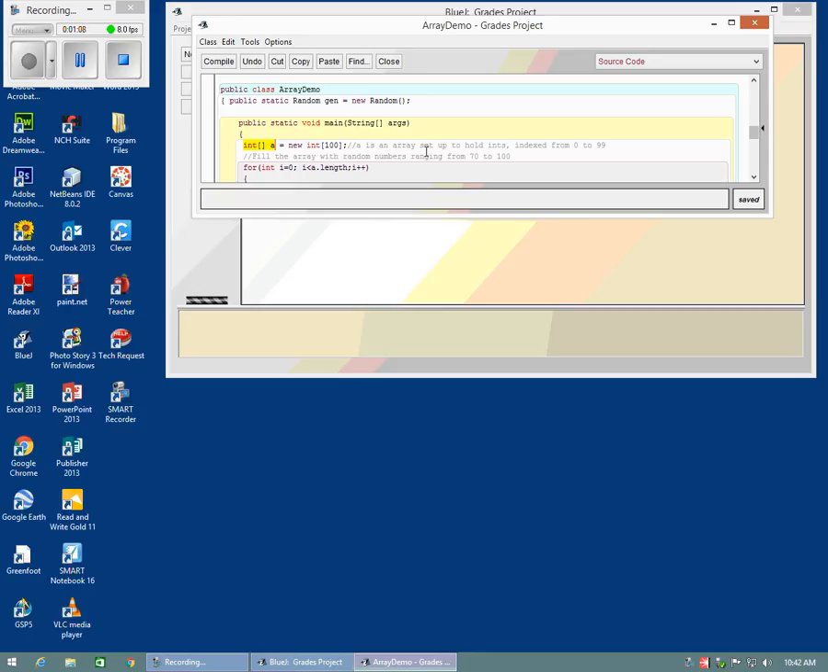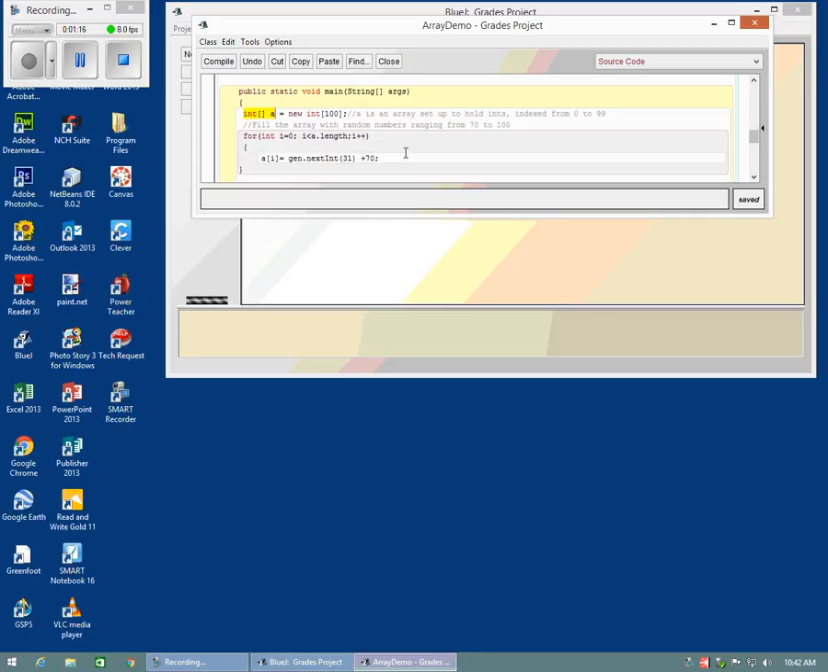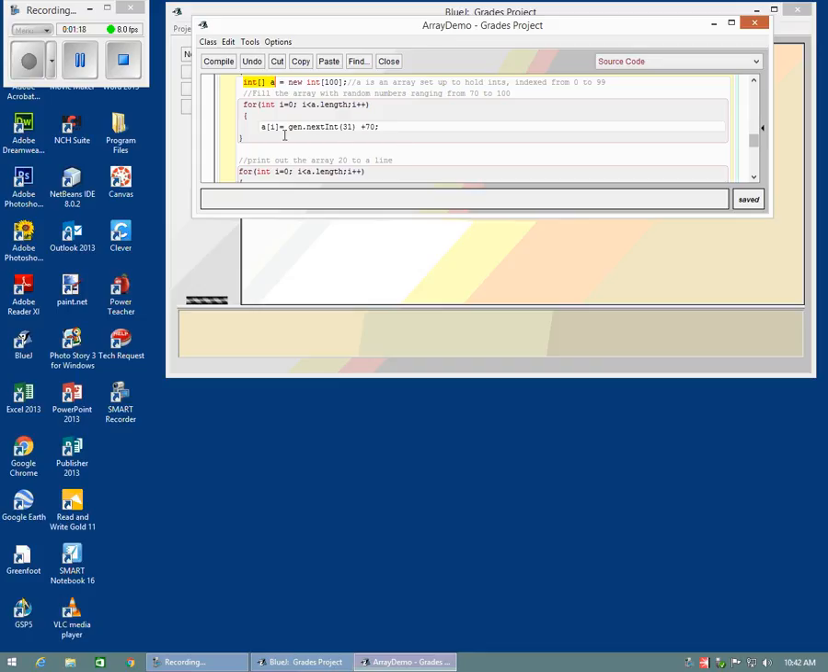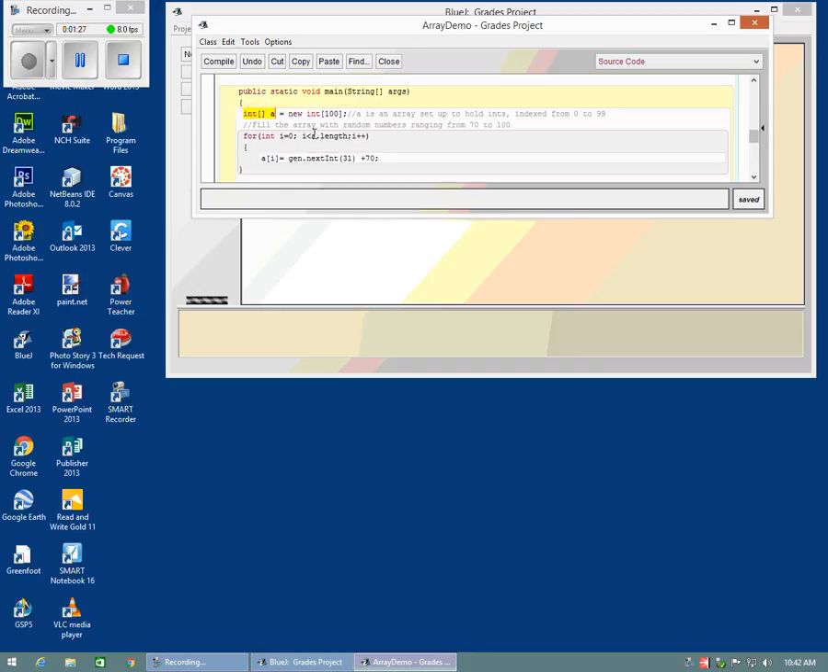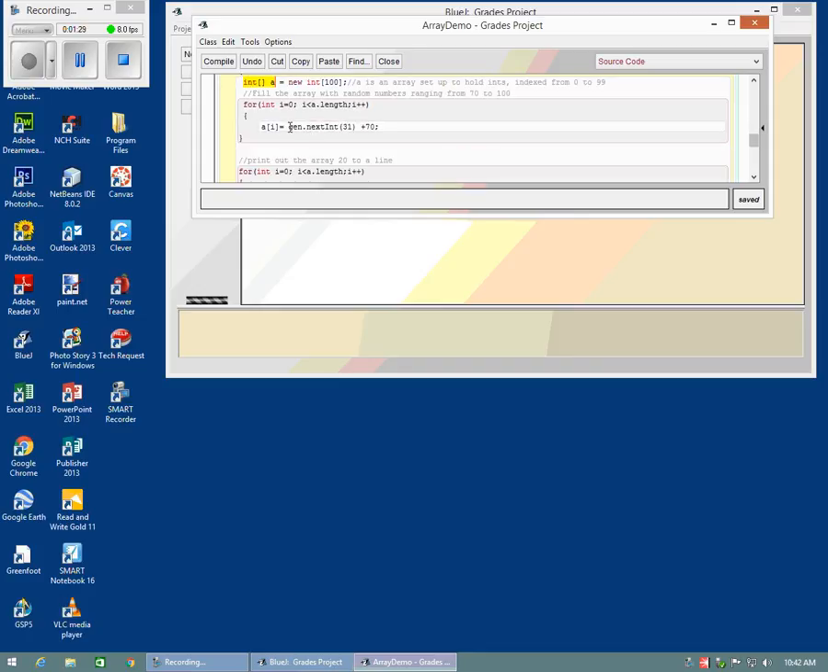So A is an array set to hold ints in positions 0 through 99. We've talked about this before. And then I'm going to instantiate, or instantiate's not the right word here because these ints are primitives and not objects. But we're going to randomly generate a number. In this case, I'm going to generate a number between